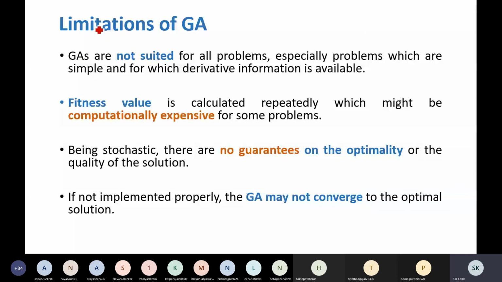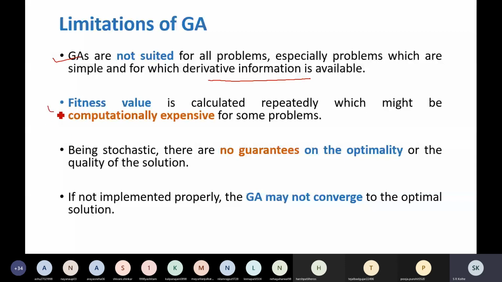What are these limitations? They are not suitable for all problems, especially problems which are simple, for which derivative information is available. If the problem is simple, then don't use GA because there are a lot of computational overheads. It's better you use some other technique.